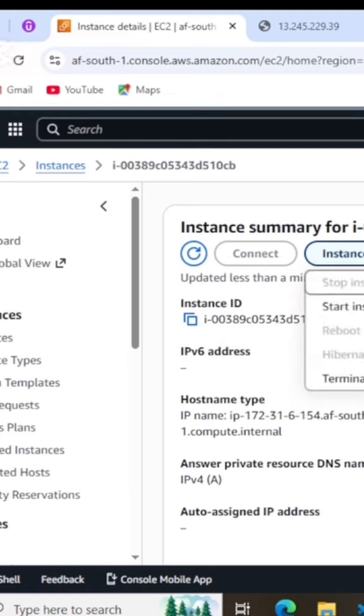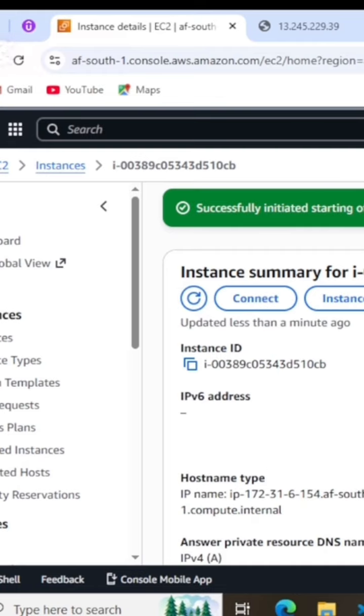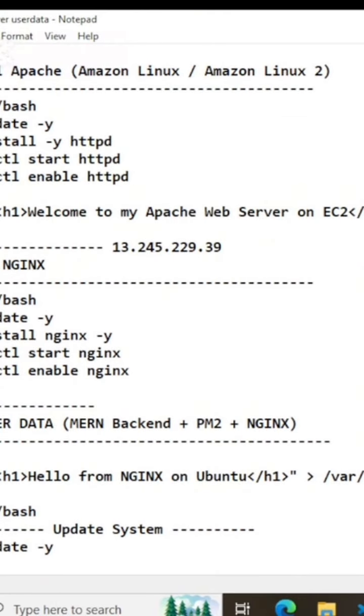Now if I try to start it again, you can see it is starting. So let's see. Now you see that the IP has changed. Let me copy this one so that we can compare it. You see the difference. This one with 39, this one with 109. So in the IP address, you can see these are majorly the things that usually change. So anytime you stop or you reboot your instance,